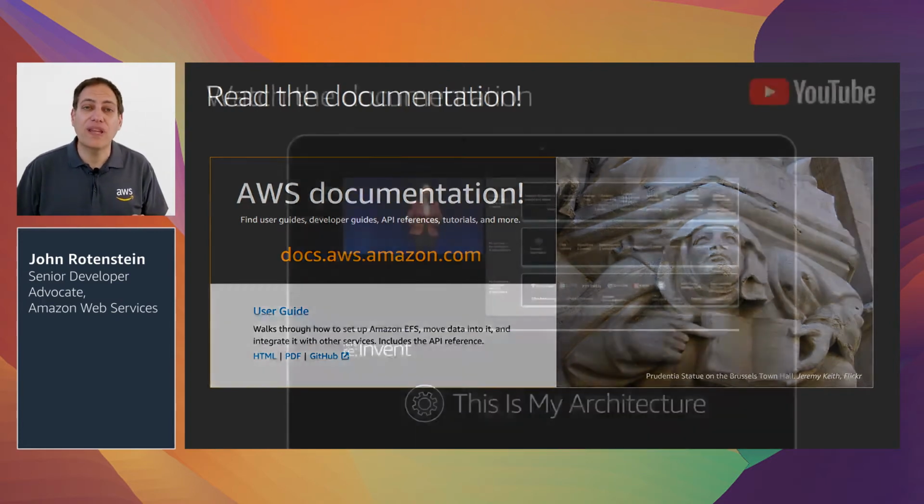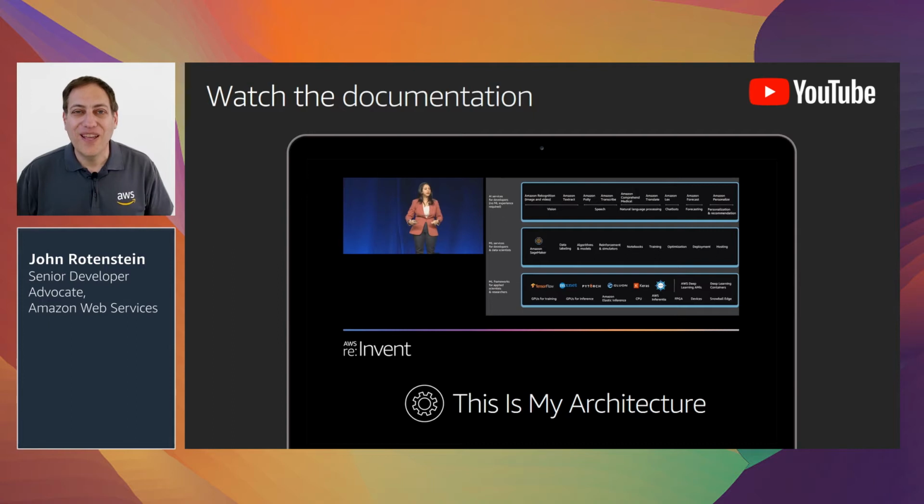But perhaps rather than reading, you prefer watching. You might want to watch the documentation. We have hundreds and hundreds of videos available on the AWS channel on YouTube. For example, we have videos from our AWS re:Invent conference that is held each year. The most recent conference has over 500 videos available on YouTube. And these videos are made by the product teams that made the product, or presented by customers who have hands-on experience and give valuable advice on how to use AWS services.